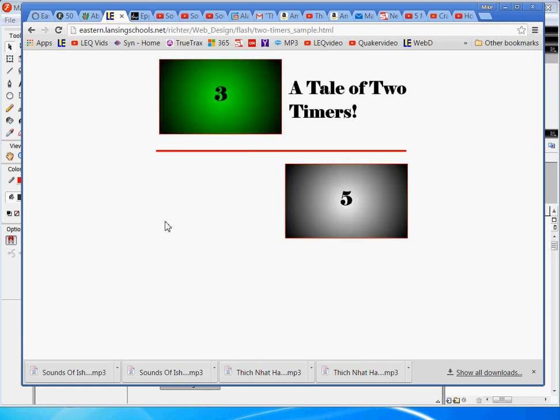So here, if you notice, I basically have two timers, right? Counting down 5, 4, 3, 2, 1. And what's happening here is they're running at different speeds. One's running very, very quickly, and one is running more like each second. 5, 4, 3. So it's kind of interesting if you think about that, because if you compare that to Fireworks,